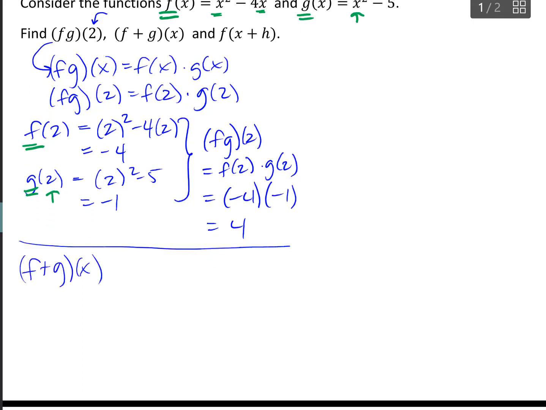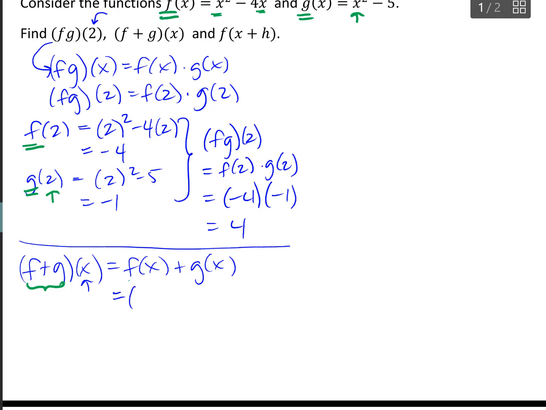All right, so when I want to find f plus g of x, this is the same thing as finding f of x plus g of x. They're saying, let's find a new function, f plus g, but they're telling us how to find it by adding together these functions that we already have definitions for. So to find this new function, and we don't need to evaluate it, we're just going to find the expression since there's an x here. I'm going to just add the